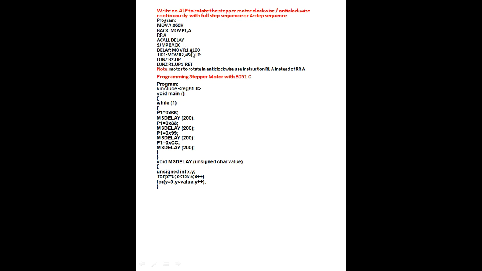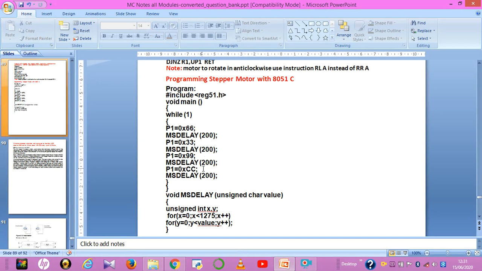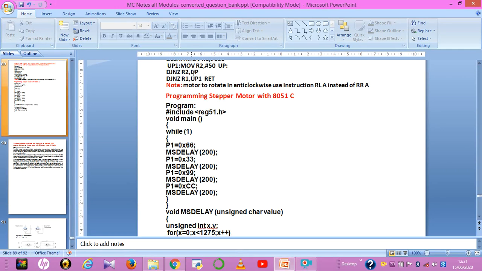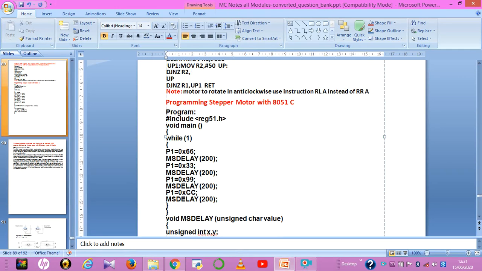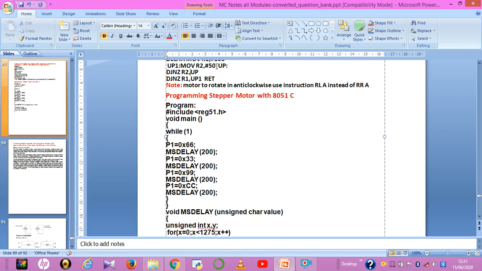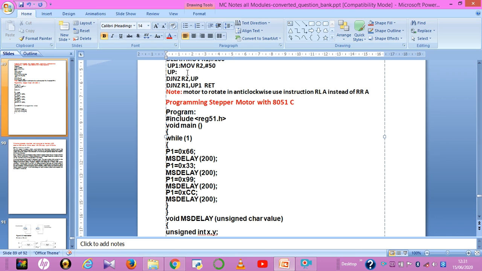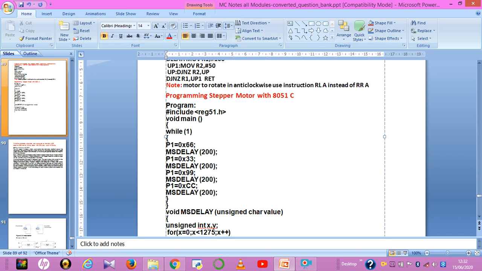Delay program: MOV R1, #100, MOV R2, #50, then DJNZ R2, up. This is how to rotate your stepper motor. So in this way you have to write the program.